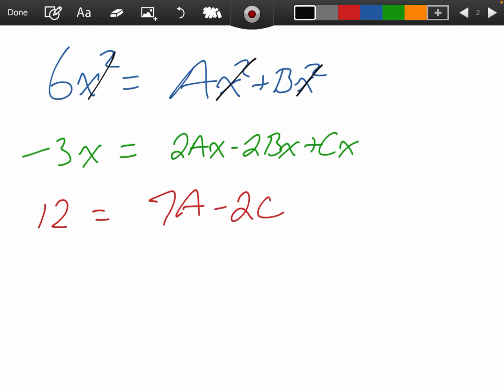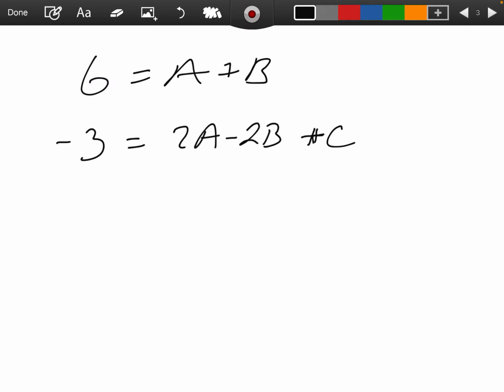So this will be a minus 2b plus c. And then 12 equals 7a minus 2c. Okay, so I'm looking at this thing here, y'all, and we're going to figure out what it is we're going